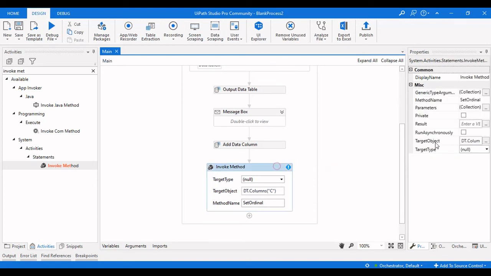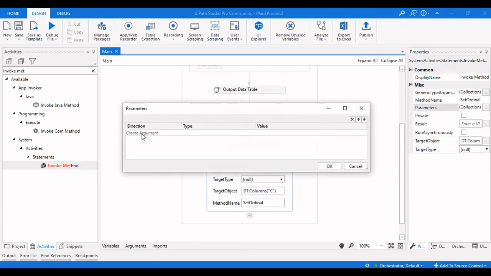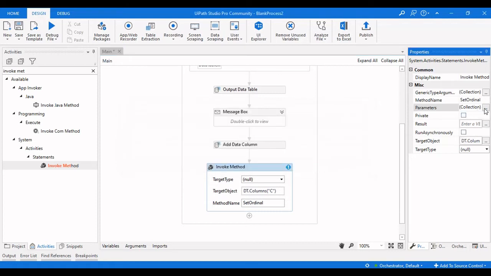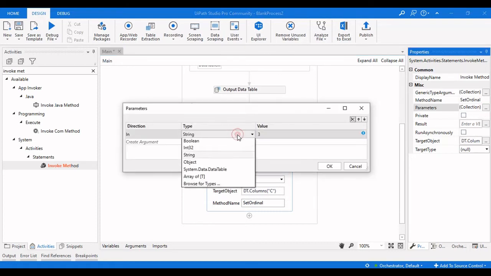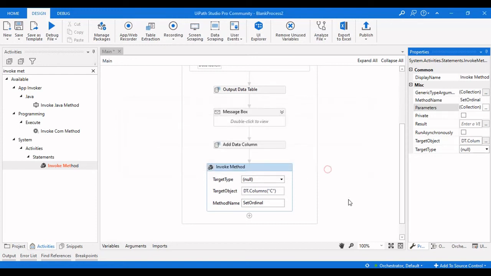Here we also need to give the input arguments where we actually want this column to be placed. Here in this invoke argument, we need to pass the ordinal value. The ordinal value is not a string, it is an integer value, so we need to provide the int type, and here it is 3.